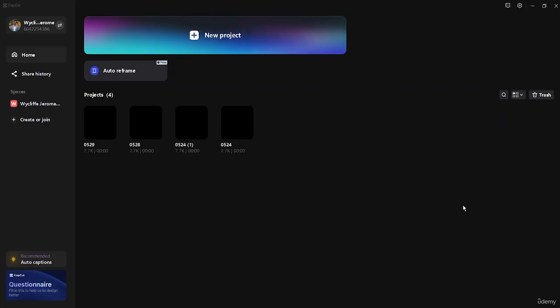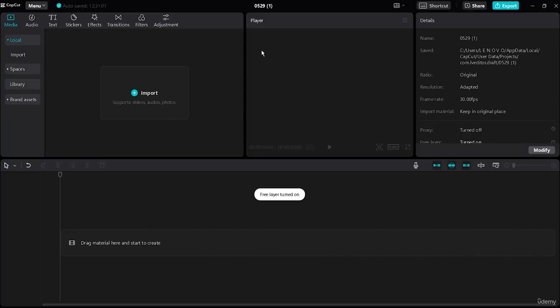After coming over to the CapCut, you will have this type of interface where you have to go over here to new project, click over here, and it will just take some time and it will just open our particular design panel where you can just design or edit your particular video. So now let's import our particular file. Let's click on import